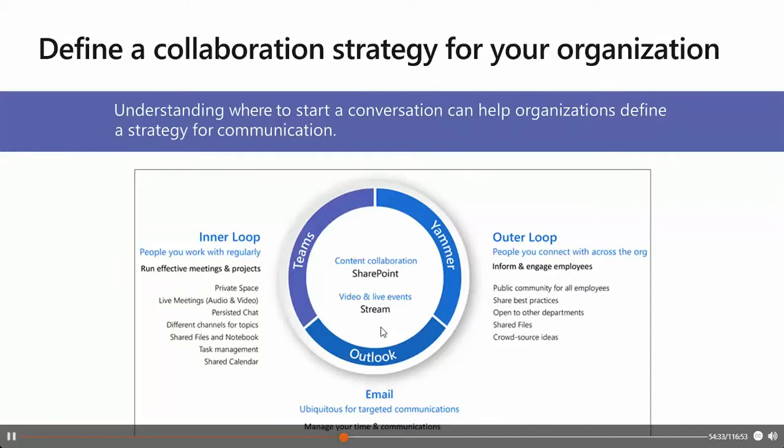If we go ahead through Yammer, which is a tool to connect across the organization, like an enterprise social, let's call it an outer loop, it provides communities of practice, like cross-functional groups of people who basically share a common interest or expertise but are not necessarily working together on a day-to-day basis. It's also a good tool for leadership connection, learning communities, or role-based communities.